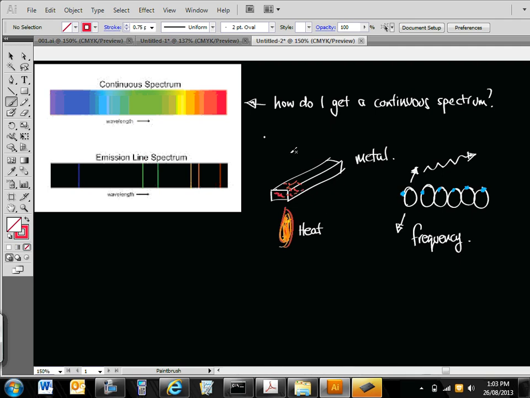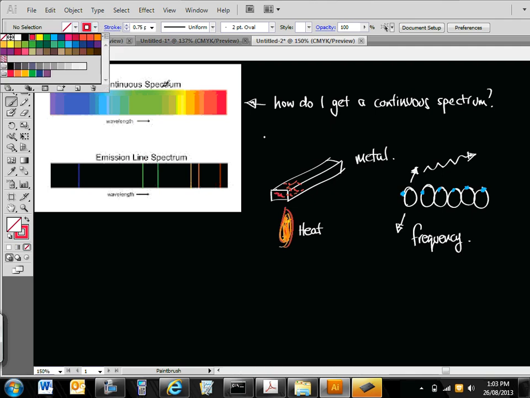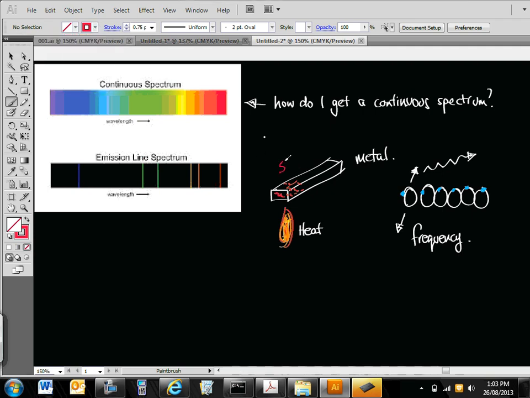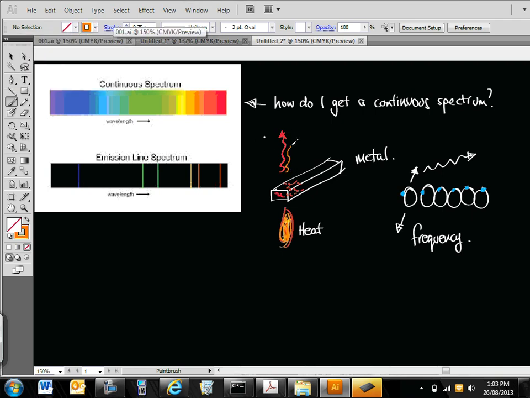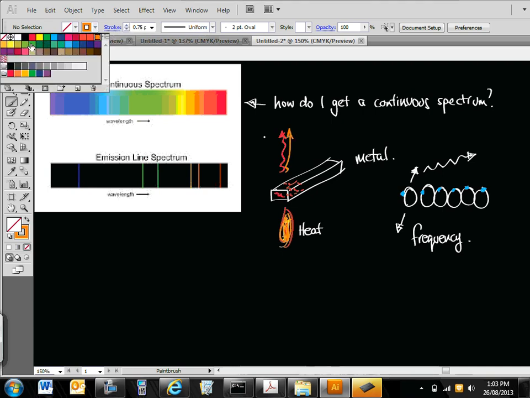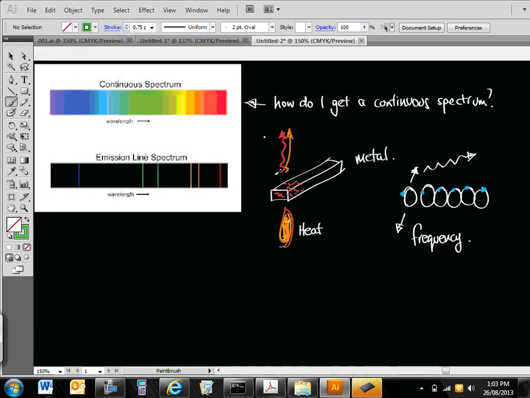And what's going on when it's emitting white light? It's all the frequencies. Those atoms at that point are vibrating with so many frequencies that we perceive it as all the frequencies put together, and all of those frequencies put together make up white light,